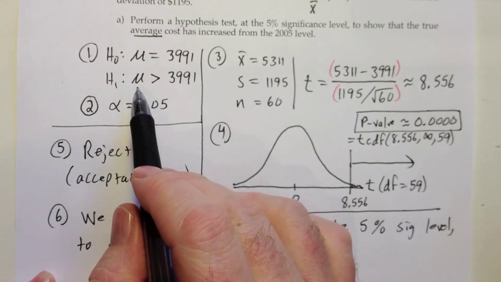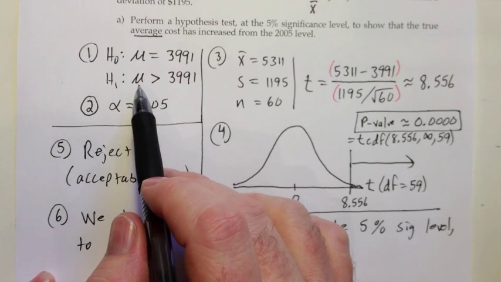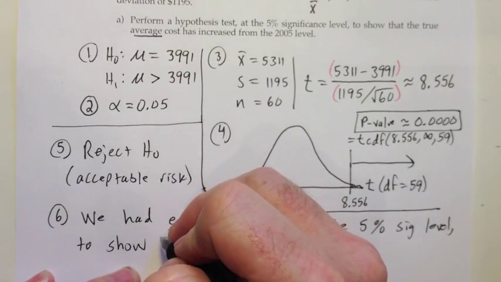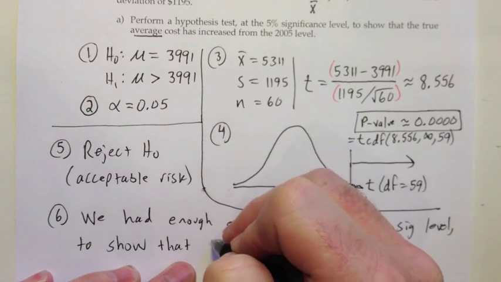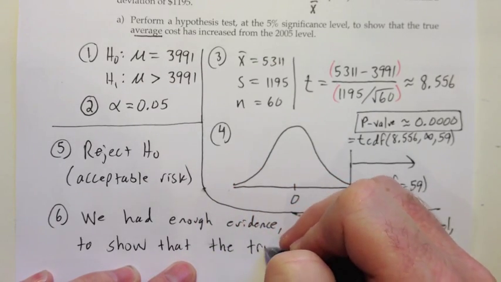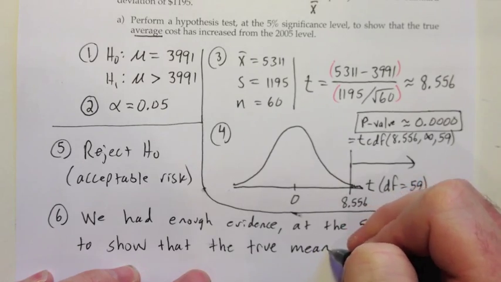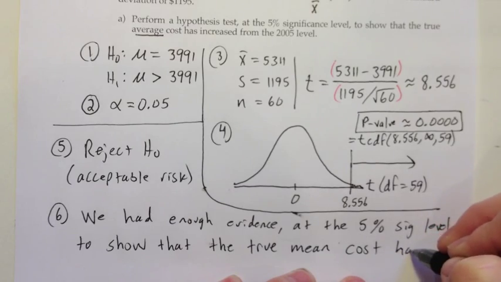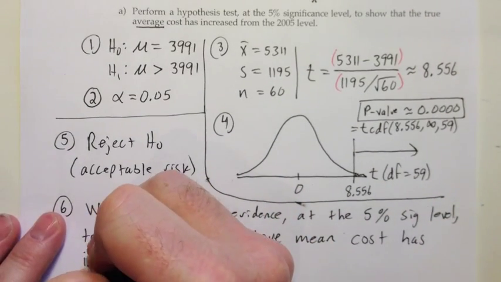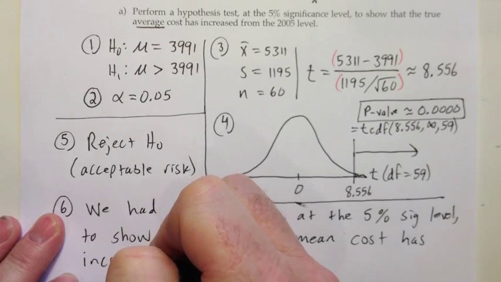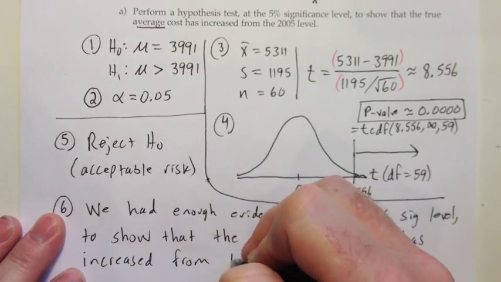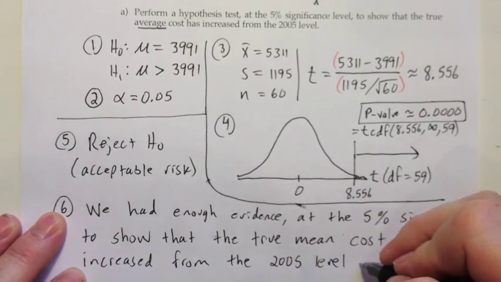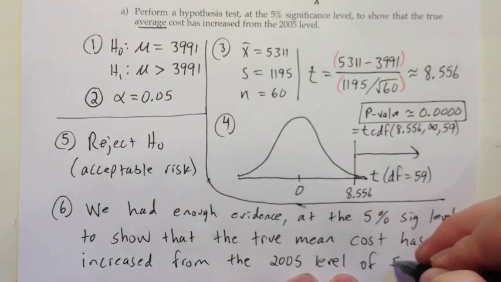We were trying to show that the true average cost of healthcare has increased from the 2005 level. And I think it'd be good to mention what that level was, which was